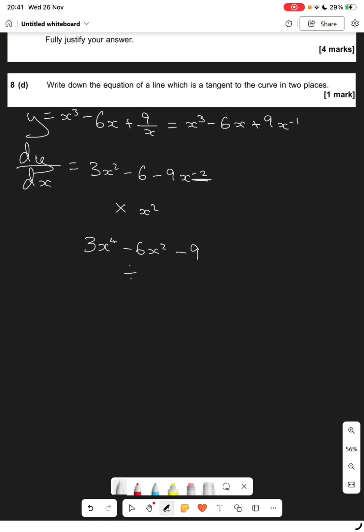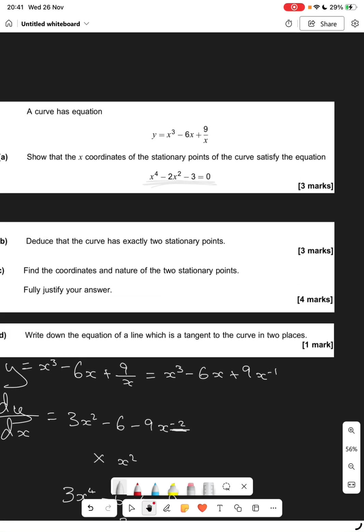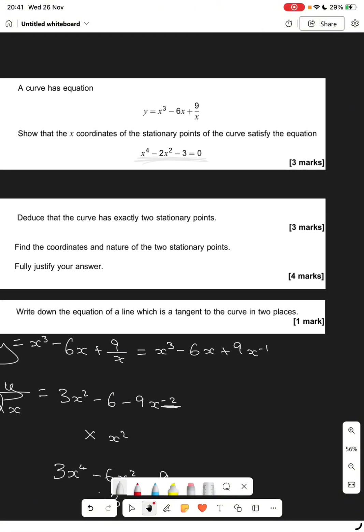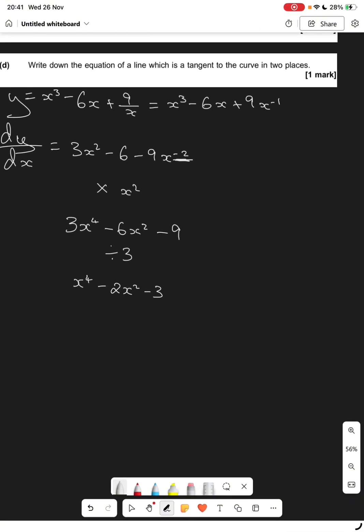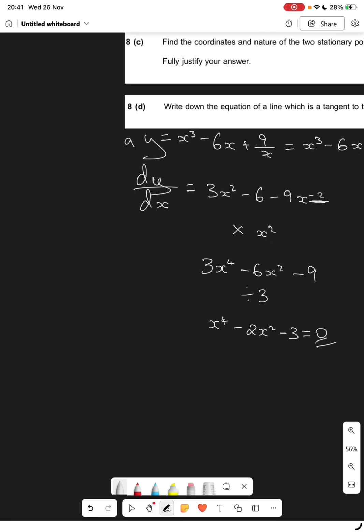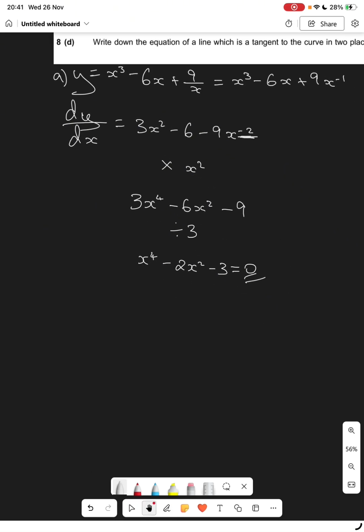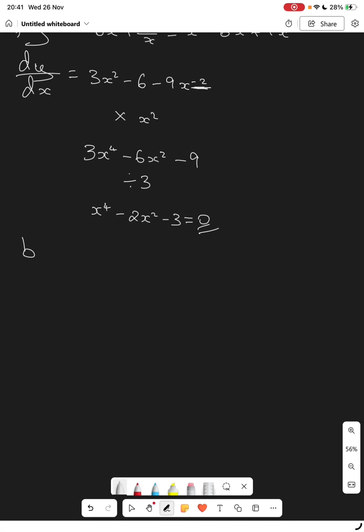We divide by 3, so we get x to the 4 minus 2x squared minus 3, and that is the same equation as the one on top, which equals 0. So that's number A. That's the letter A even. B,